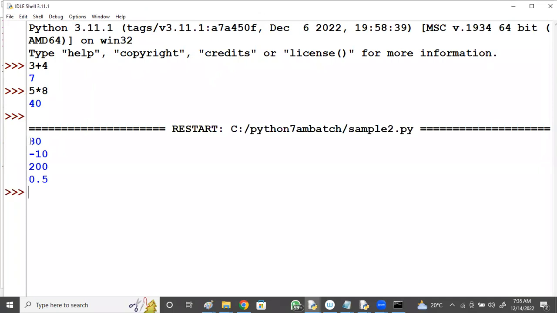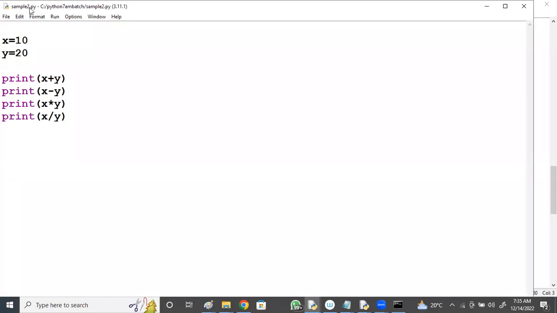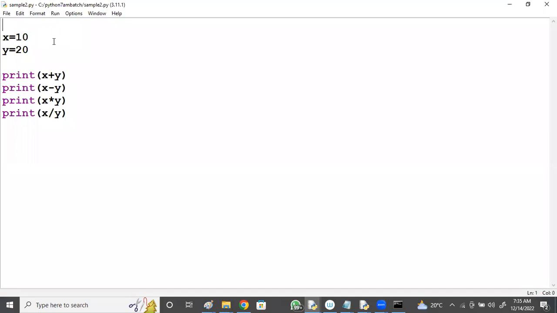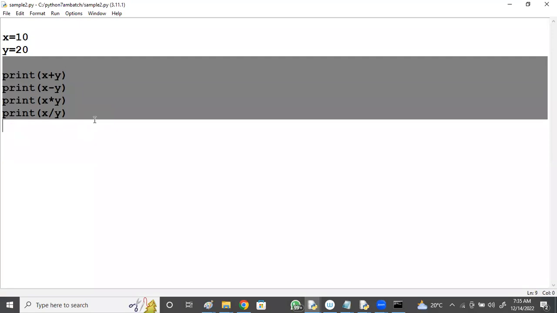Yes. 10 plus 20, 10 minus 20, 10 into 20, 10 by 20. Then x is 10, y is 20. x plus y, x minus y, x into y, x by y.